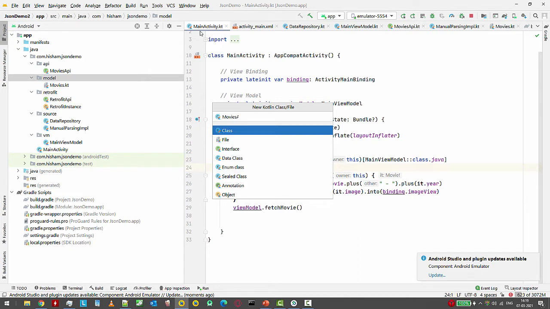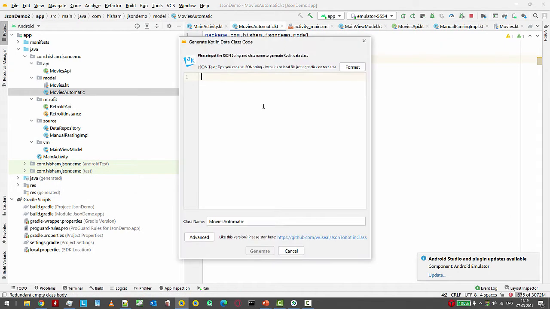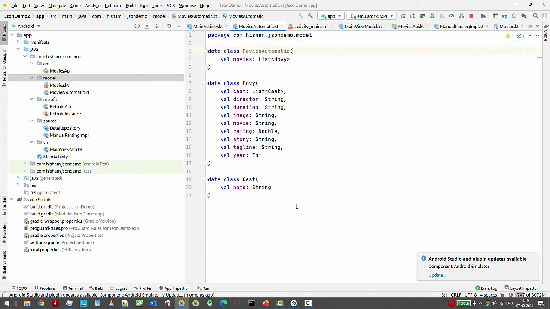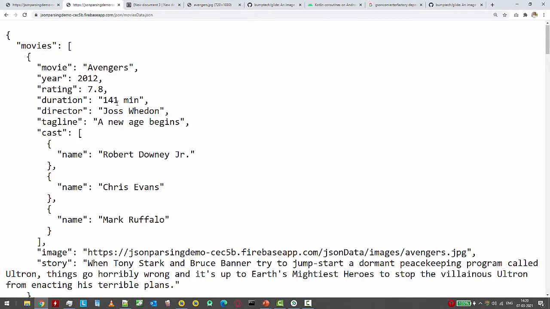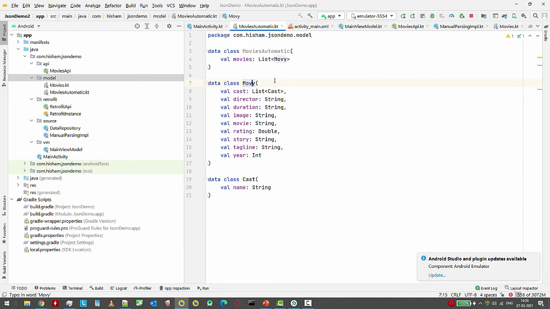Let's create a new class, movies automatic, maybe, I don't know. Let's try this here. Right, generate. So we have a movies automatic, which is a class of movie. Why is that movy? It doesn't matter. So list of movies, and then we have a cast, and you see all this heavy stuff